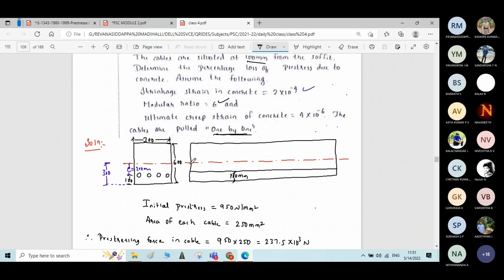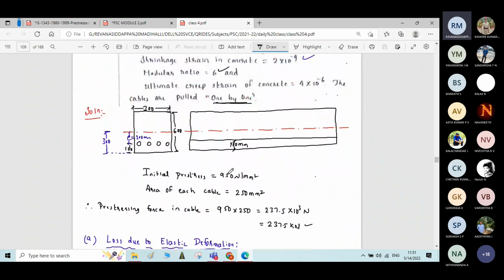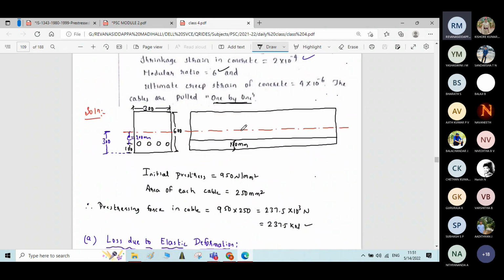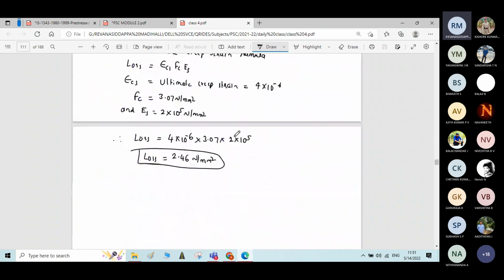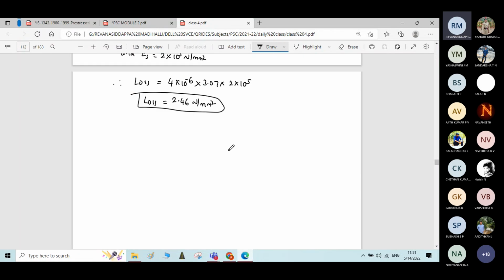Then loss due to friction. For calculating loss due to friction we need a coefficient of friction, which is also not given here. So using the data given in the problem, we can calculate only these three losses: loss due to elastic deformation, shrinkage and creep. Now you calculate the total loss. Therefore, the total loss